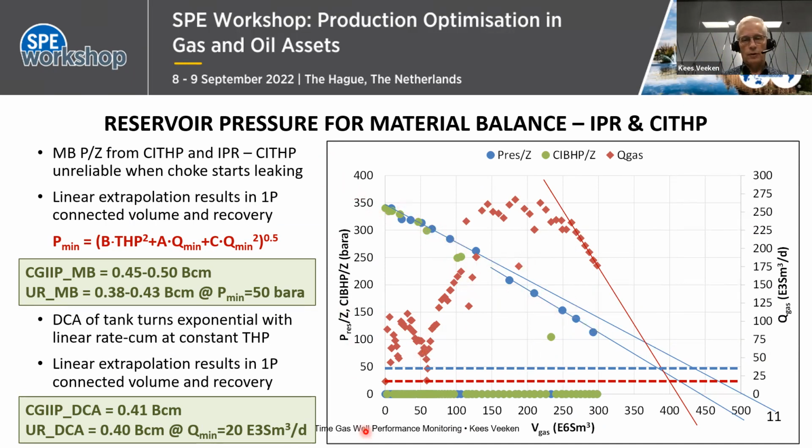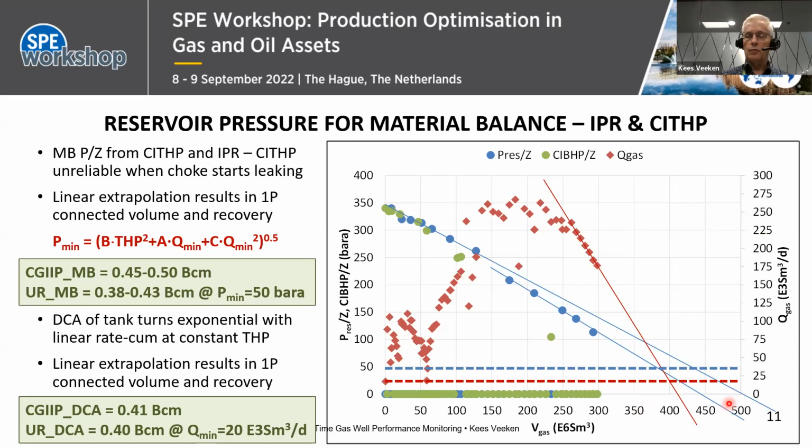What you see here is a material balance plot where you have pressure data both in blue from the IPRs, inflow performance relationships, and some pressures based on closing tubing head pressures, as you shut in the well, in green. You can clearly see that if you plot that material balance parameter, reservoir pressure over gas deviation factor, versus cumulative produced volume, you can distinguish a quite clear linear trend, which would tell you